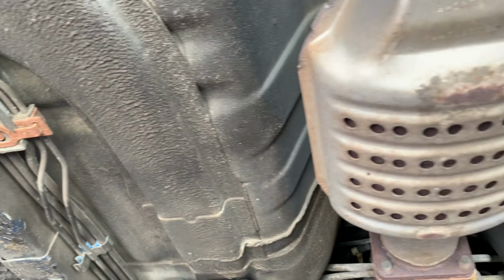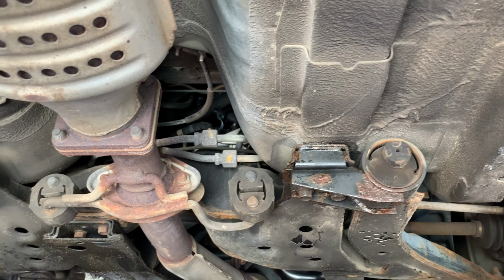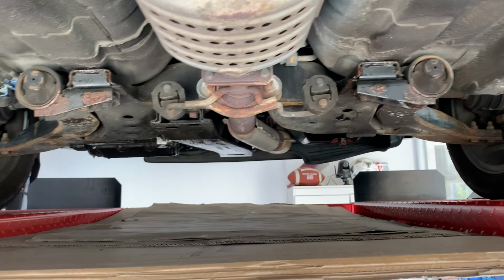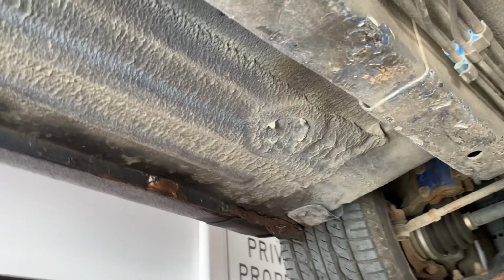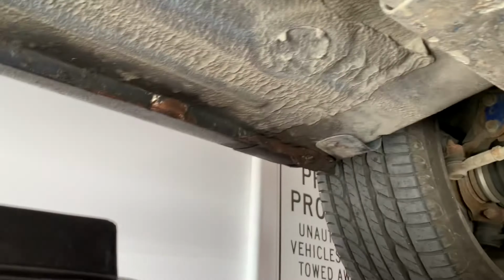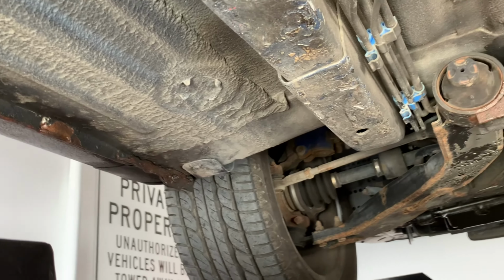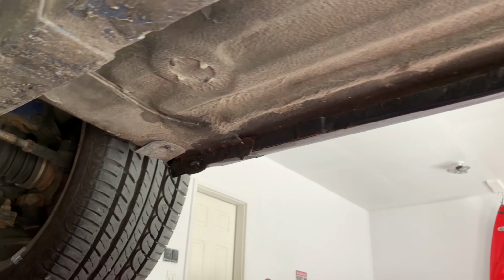Underneath here, as I've mentioned to you guys, I have a bit of leakage going on, so it's all covered up, protecting against the drippage in the process. But yeah, that's going to be stuff that I'll be doing here, guys. There's a bit of rust on my pinch weld there. Last time I showed you guys how the pinch weld had been abused, so I pounded it back and straightened it up, much like on this other side here. So it's all straightened out now, just sprayed with